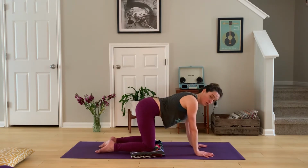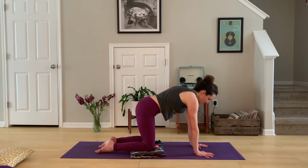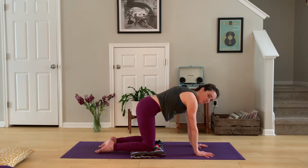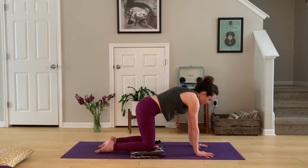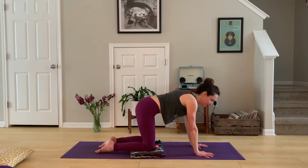Moving into the shoulder blades, keeping your arms straight, draw the shoulder blades together. And then spread them apart by pushing into the ground. Draw the shoulder blades together and spread them apart. Several more times like this. Keeping a micro bend in the elbows, finding some space and movement between the shoulder blades, and then releasing back